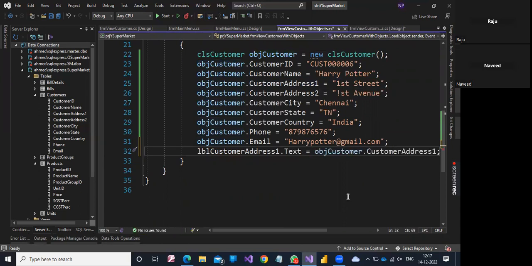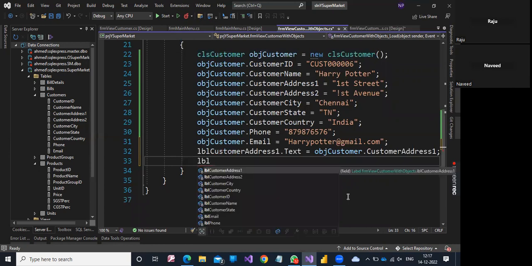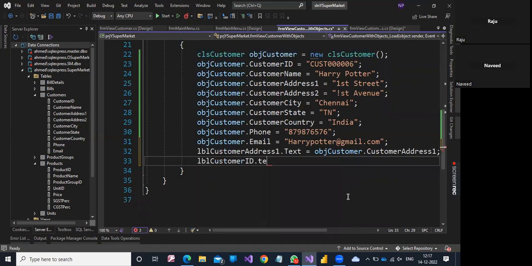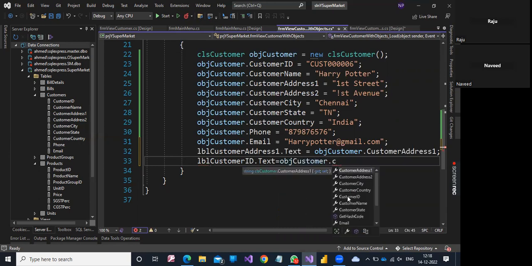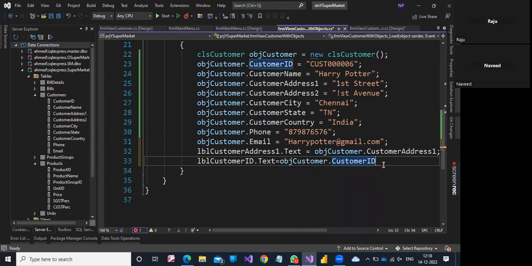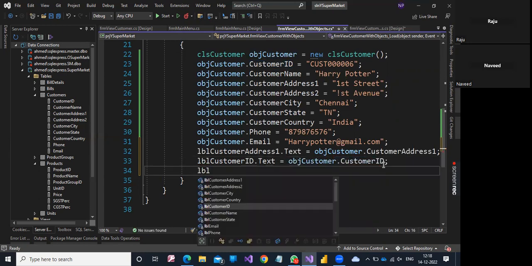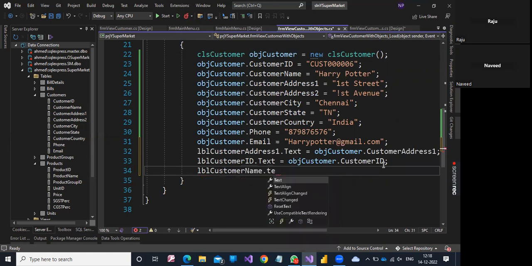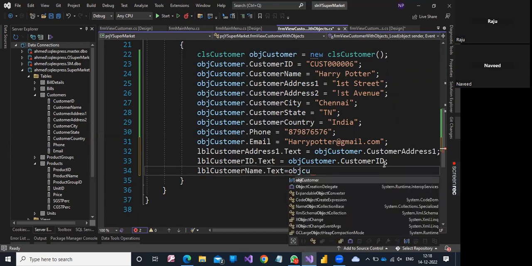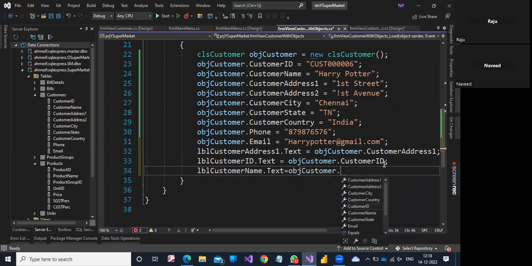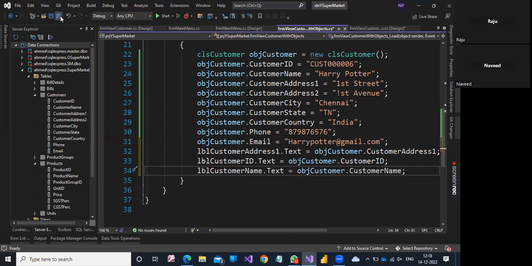and let me put it for LBL customer ID dot text is equal to OBJ customer dot customer ID. Let me put one more thing and stop with that. Customer name dot text is equal to OBJ customer dot customer name. Then some automatically name number. Here, if you see now,